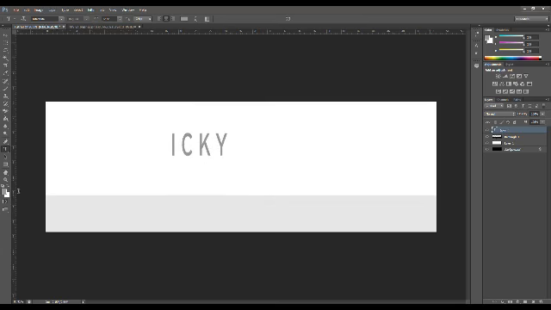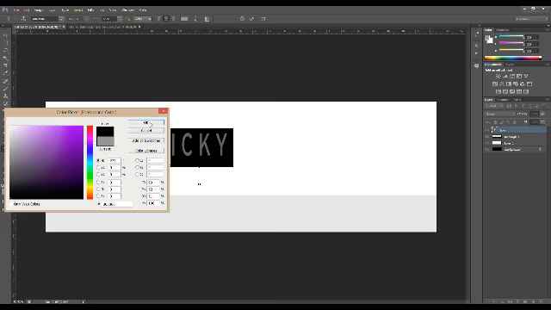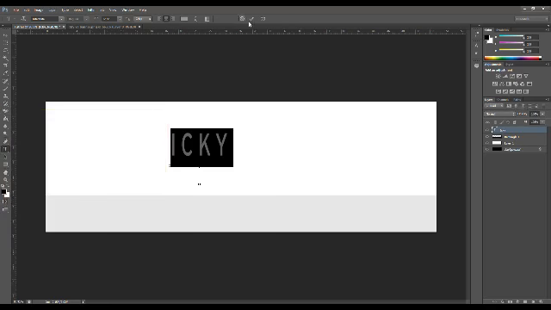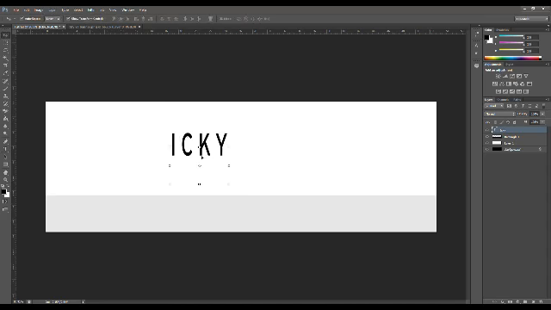Boom. Change that to black, and then swap the colors real quick. I'm just messing with it so I can get the color for the text right. Okay, so now we have our first text, and what you're gonna do is basically get your rulers,